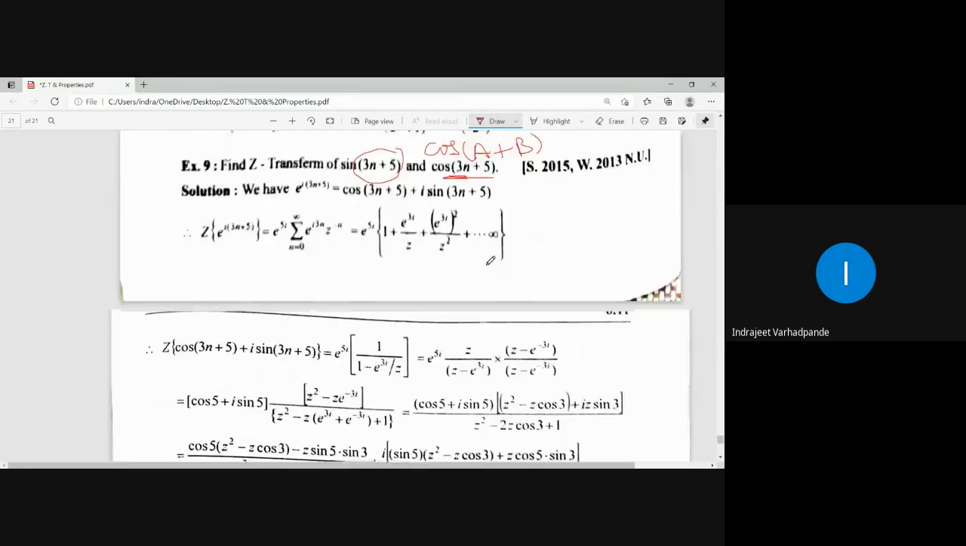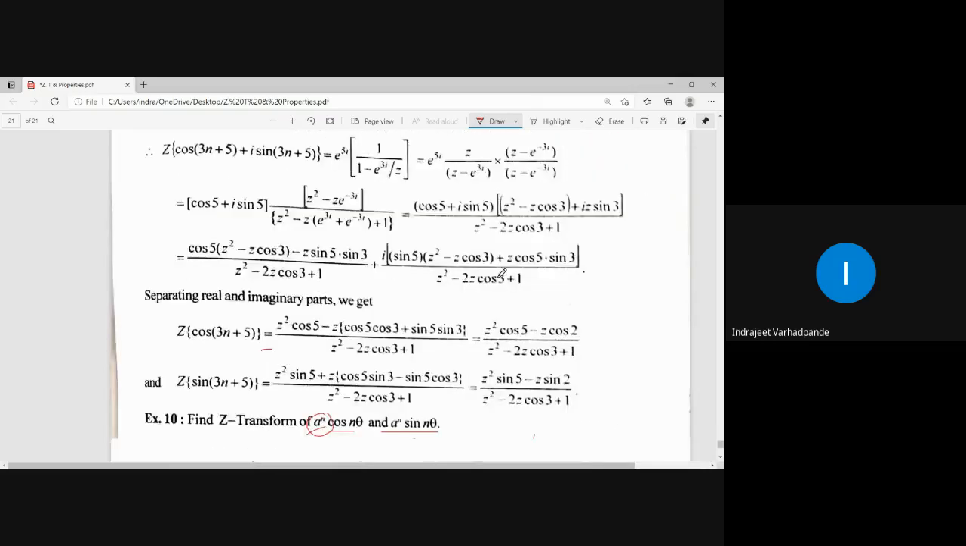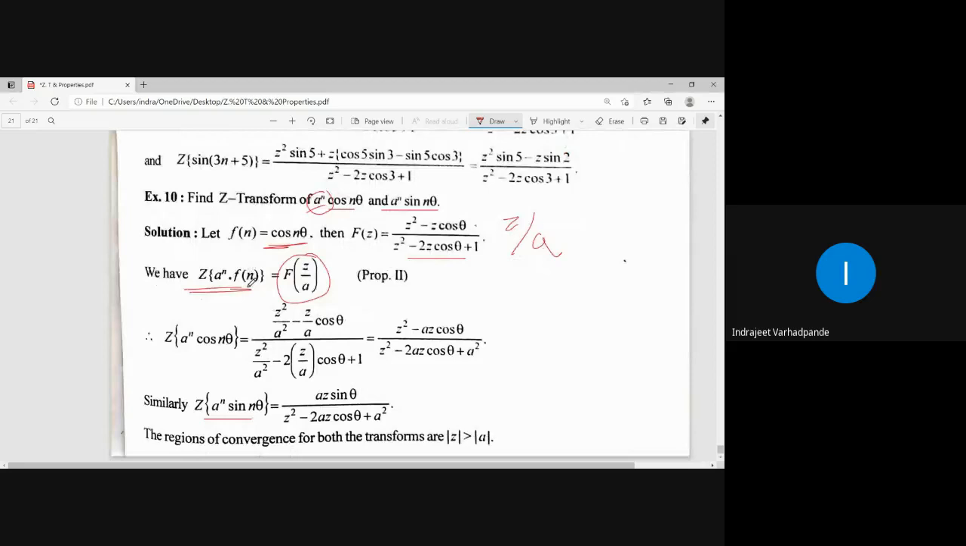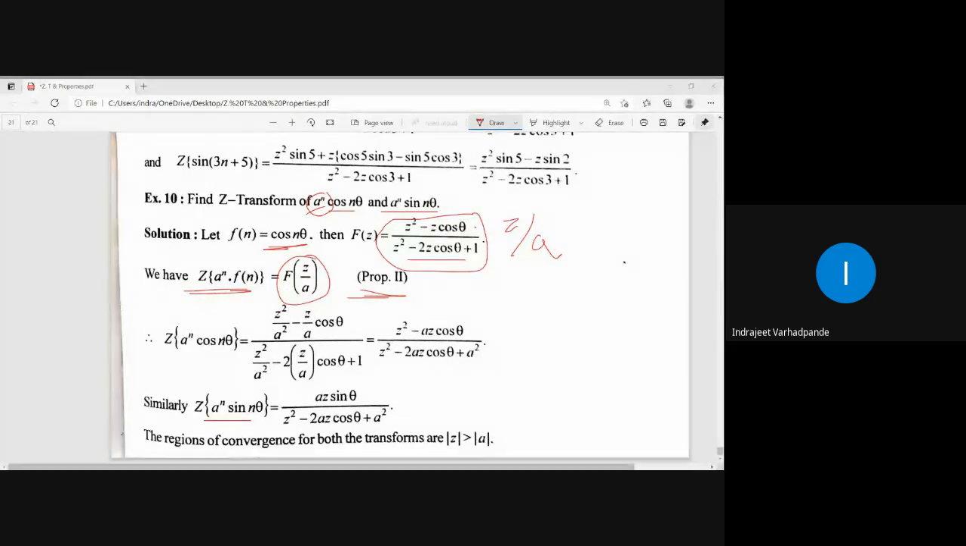How will it be here? cos 3n into cos 5. Cos 5 is a constant, sin 5 is a constant. Use the formula and put theta equal to 3. So comparison with cos 3 theta is possible. Accordingly we will get the answer. When you multiply by a to the power n, the damping rule or change of scale property, which was the second property, just make the corresponding change in this and you get the answer. So these were certain examples related to the z